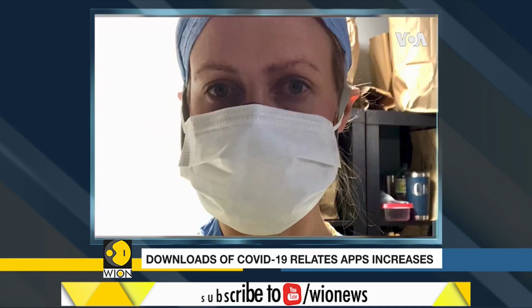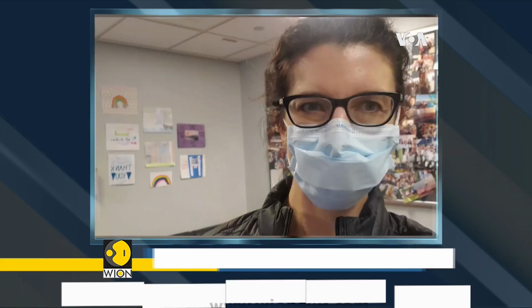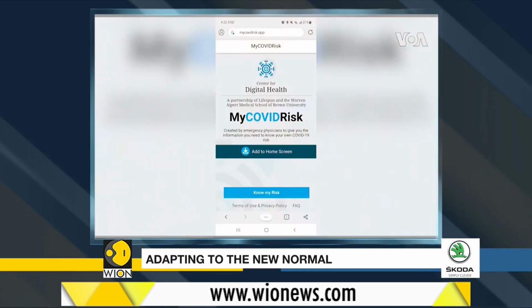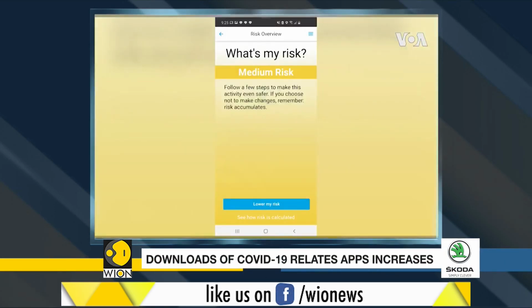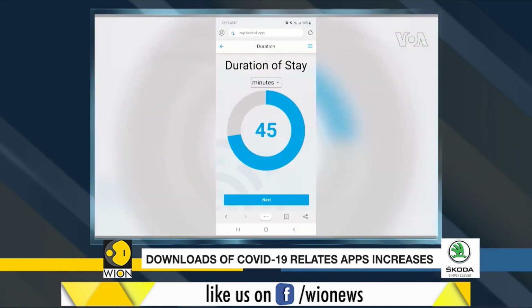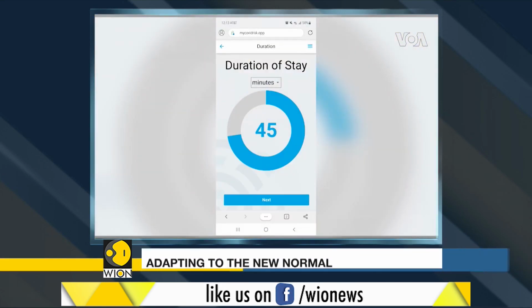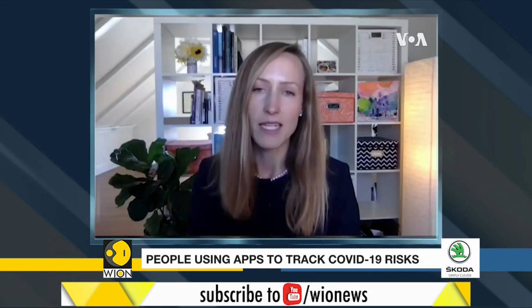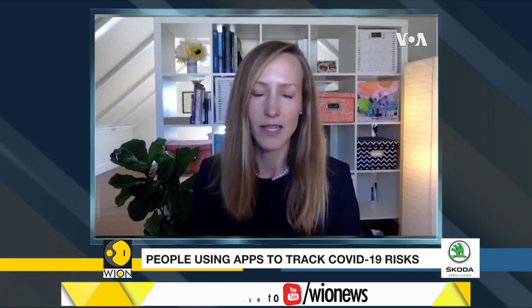Physicians Liz Goldberg and Megan Rainey from Brown University in Rhode Island have developed an app as well. My COVID Risk was designed to help people assess their risk of getting the virus in specific situations and events. The idea of this app is that before you go to the event, you can put in all the things you know that you might encounter, such as how many people are there, whether masks will be worn, how big the space is, and what type of activities you'll be doing. And then you get an idea of what your risk would be in contracting COVID if you decide to attend